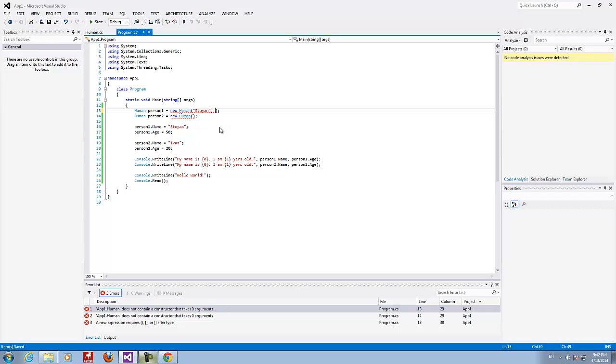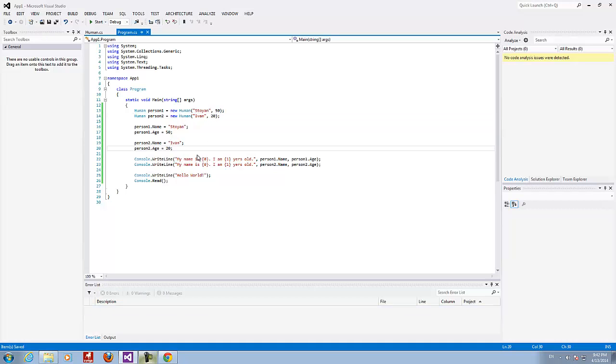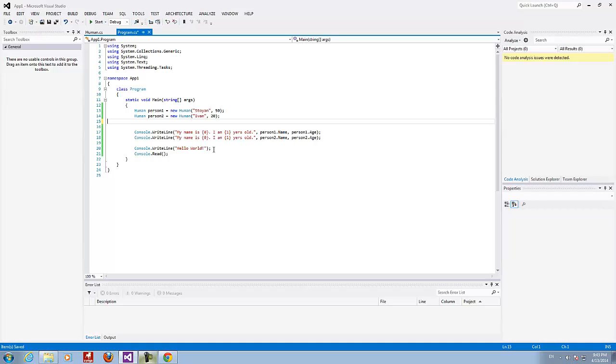Stoyan, and I'm gonna give age 50, and I'm gonna do the same for Ivan, and give age of 20. Right now we don't have to explicitly set the very same properties again, so I can remove these. I will just use the properties to get the values.